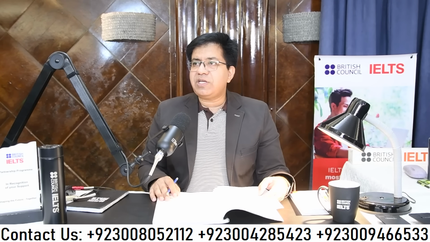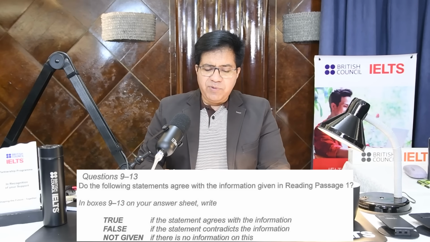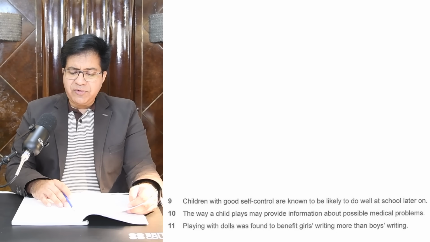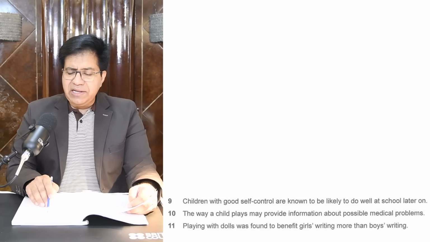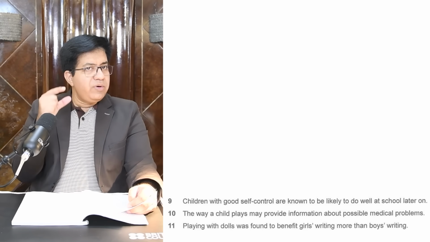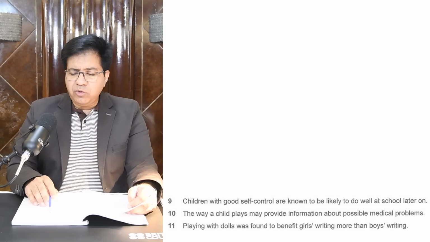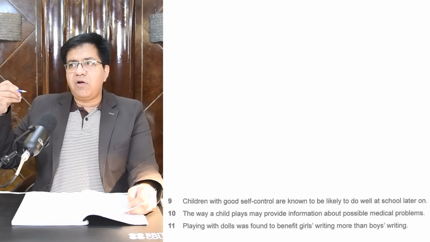So we answered first 8 questions in almost 7-8 minutes. Now we will be more confident to solve this test. Now we go ahead with true, false, not given, and we have questions 9 to 13. Question number 9. Children with good self-control are known to be likely to do well at school later on. Now children who are good at self-control, they are likely to make progress, known to be likely to do well. To do well means they will make progress later on. Later on means in their